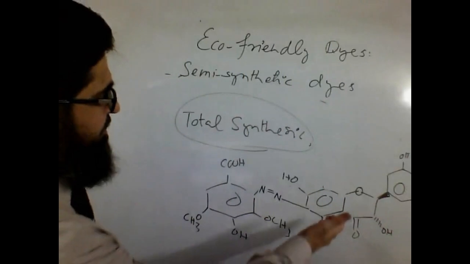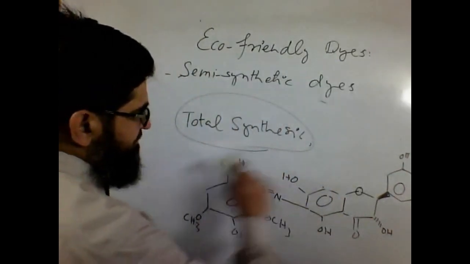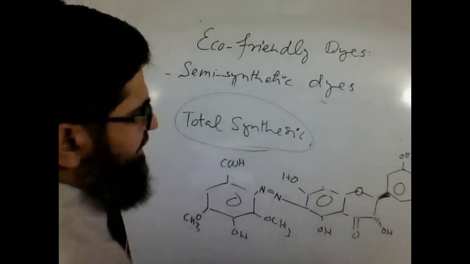Similarly, the other one which is acting as a coupler, it has also been received from plants. So both are of natural origin. So this will be an excellent example of the natural dye,